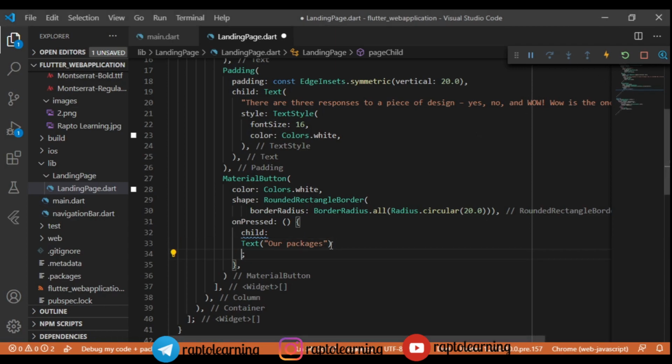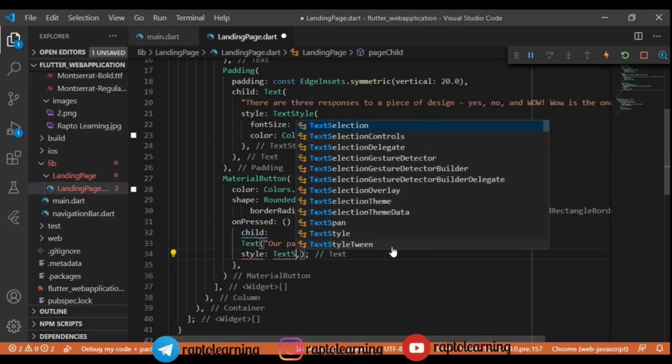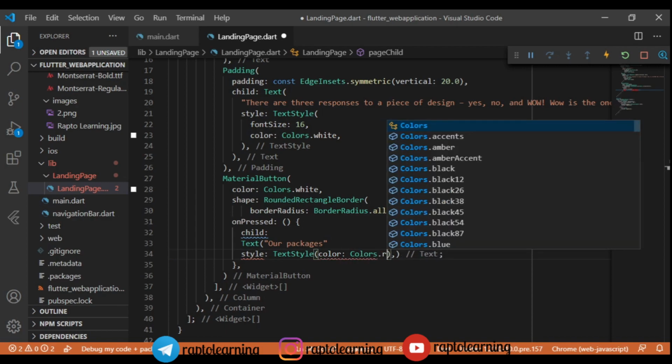Before checking it out, let me see if our code is up to the mark or not. Let's add some style to this packages name, and we will add some bold text, or we will see if anything is different, then we will implement that. We will add text style to our child. We will not add a background here because we don't need anything.